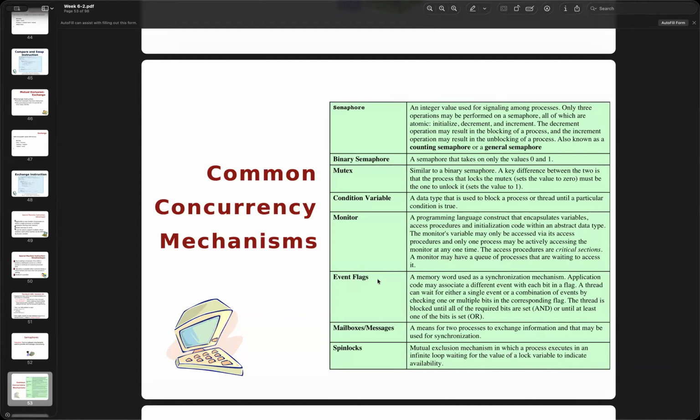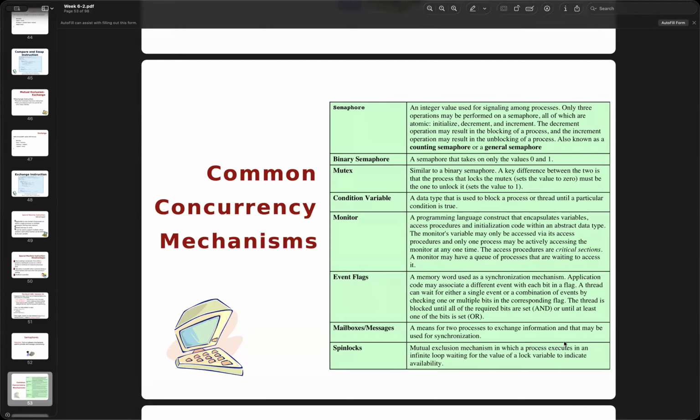Then there are event flags, a memory word used as a synchronization mechanism. The application code may associate different events with each bit in a flag.